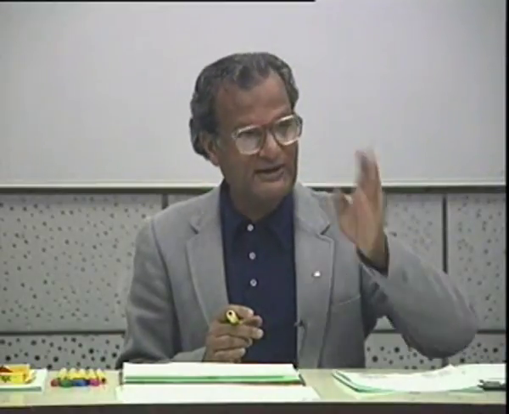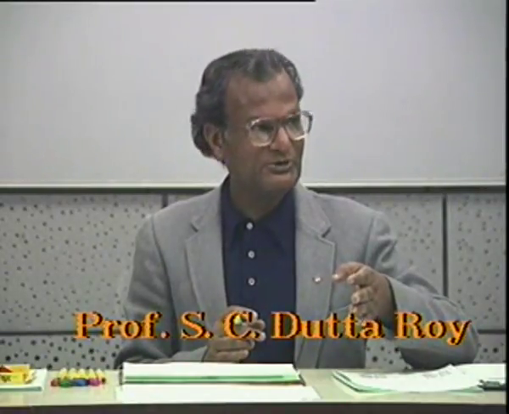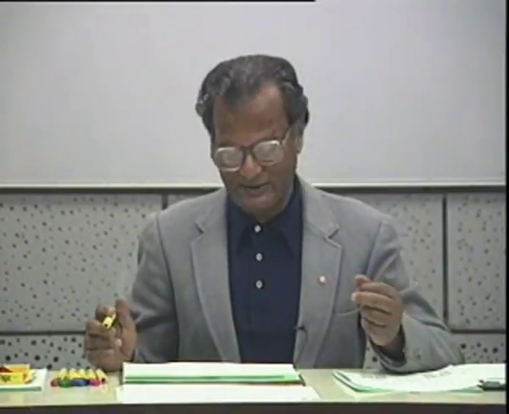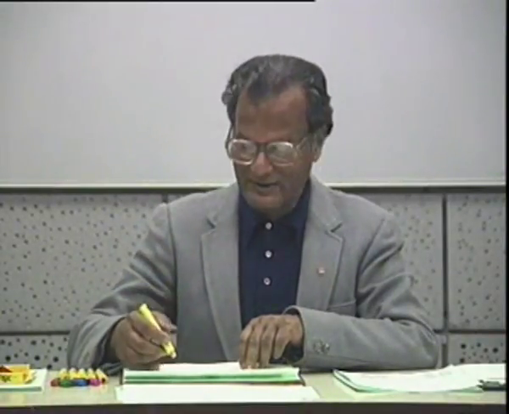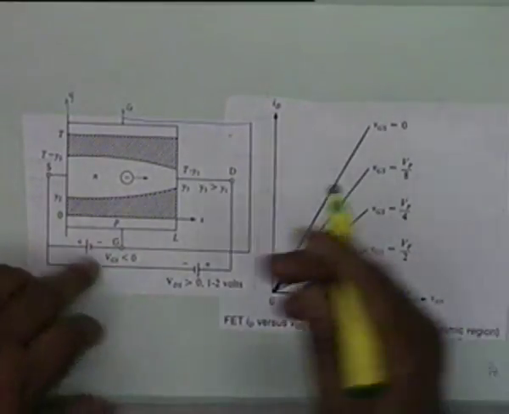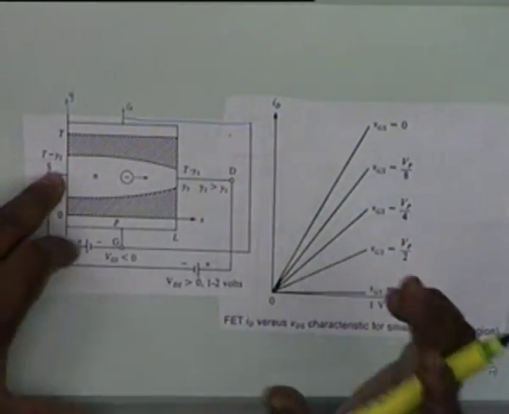So VGS can completely kill the transistor conduction, which means that VGS can make the transistor, what is the language? Cut off. No current flows, so it's cut off. VGS can make it cut off, or VGS can make it conducting. Okay, it can make it conducting to varying degrees by varying VGS. Okay, is this point clear? But since VDS is small, the variation is still linear. That is, it's still ohmic. The N channel still is an ohmic resistance. It behaves exactly like a small ohmic resistance.